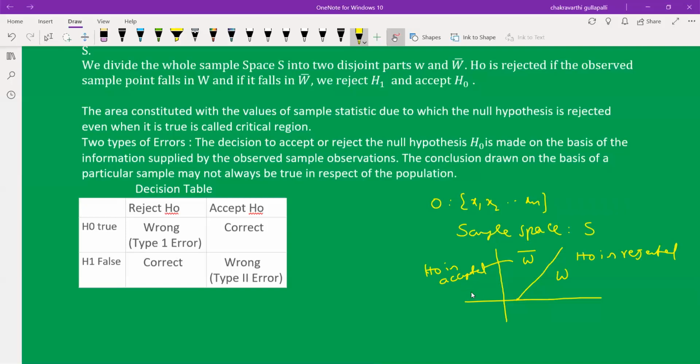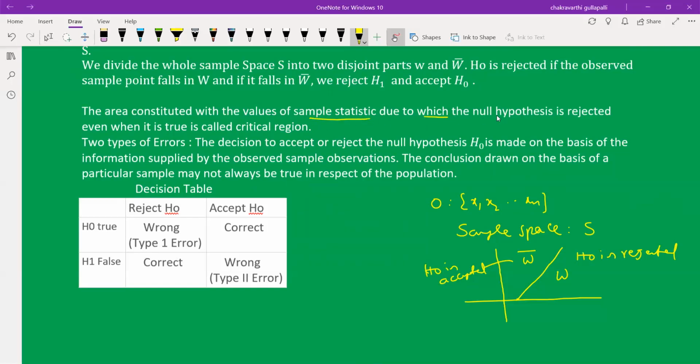Accepted if the sample observations fall in W bar. Sample observations based on one criteria. So we have to collect the sample observations and calculate the statistic value. Based on this, in this W area, H0 is rejected. In this W bar area, H0 is accepted. The area constituted with the values of the sample statistic